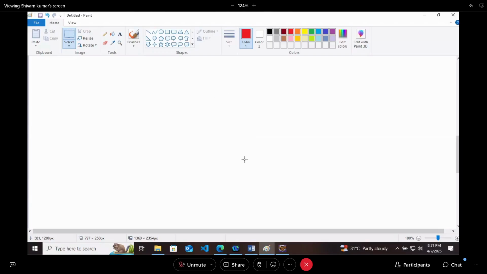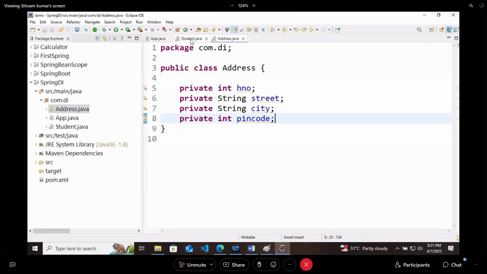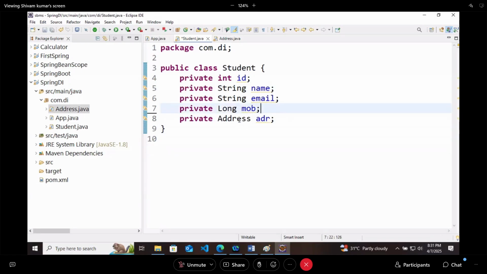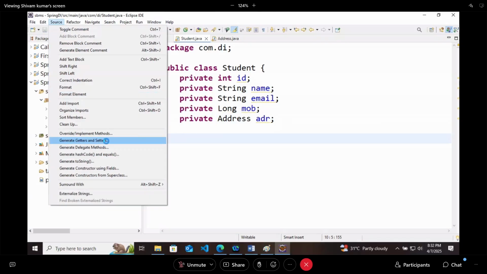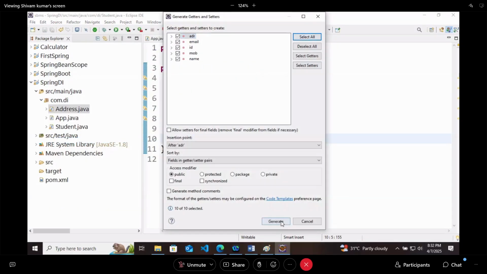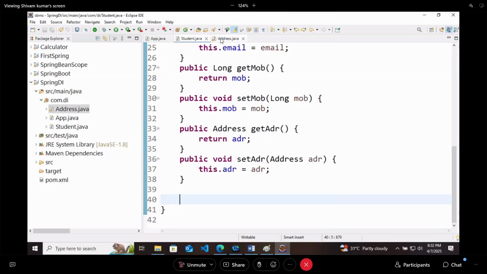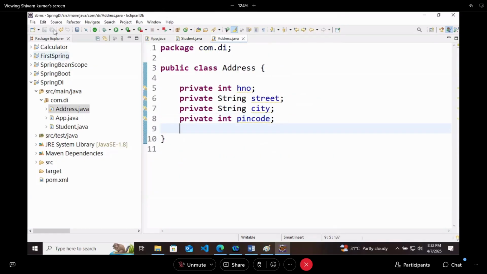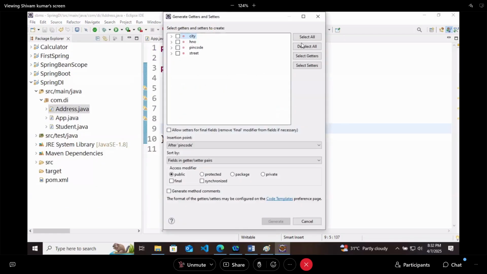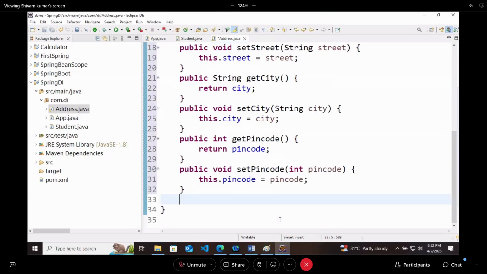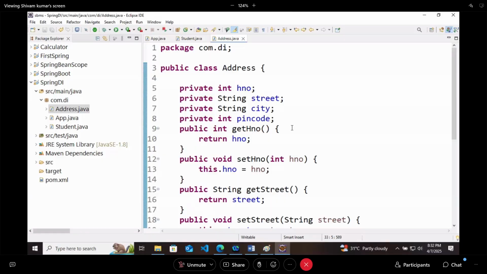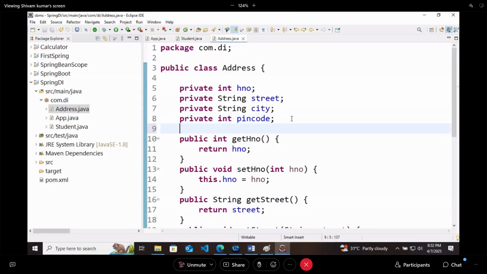Search it now only. So we have created a student class and address class. Simple thing. Haven't done anything. For this student class, you can generate getter setters. Means create them. So generate getter setters. And for address class also, we will generate them. Try to write them so that you can understand. Now, what we will do is we will create the